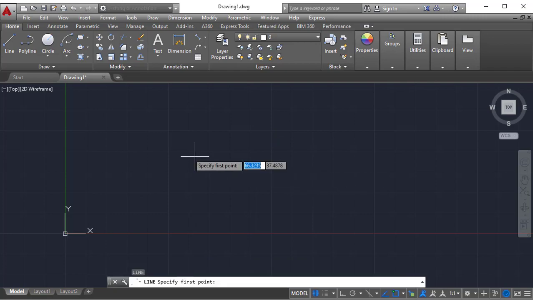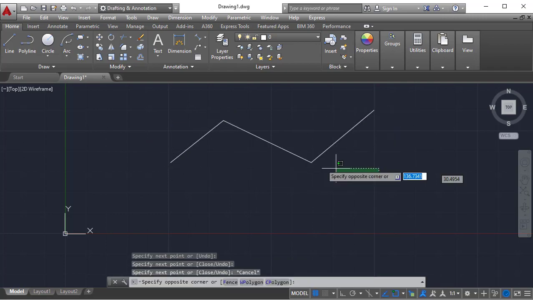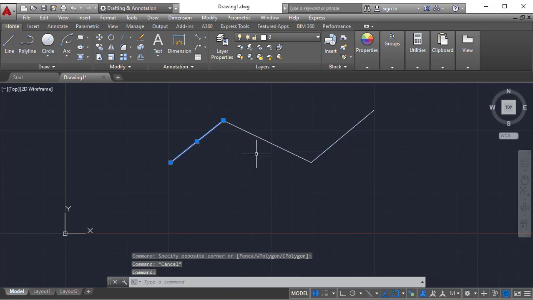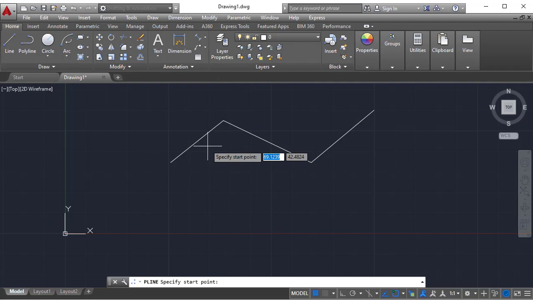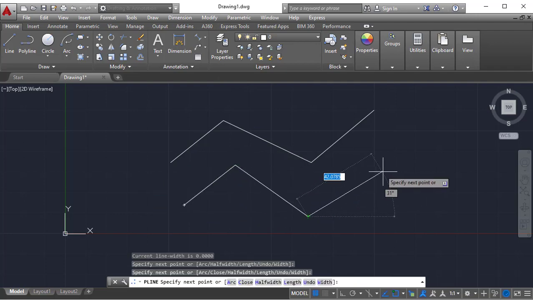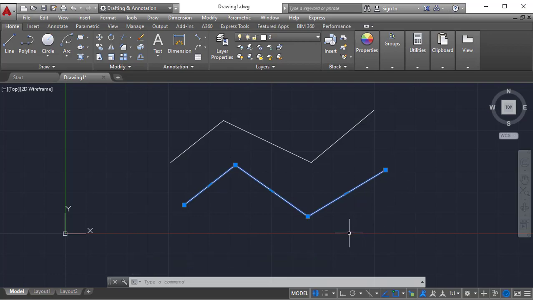I am just creating a line like this with a number of points. I just created it with the line command, but it will select separately between two endpoints. Each one selects as a separate object. Now I am creating a polyline, and similar to this one I just specified a number of points. And if I select this line, what happens? It will select from start point to end point as a single object. That is a major difference between a line and a polyline.